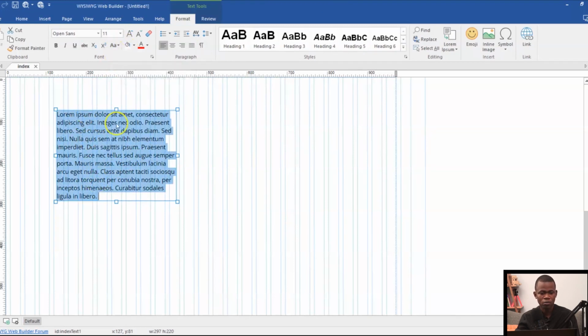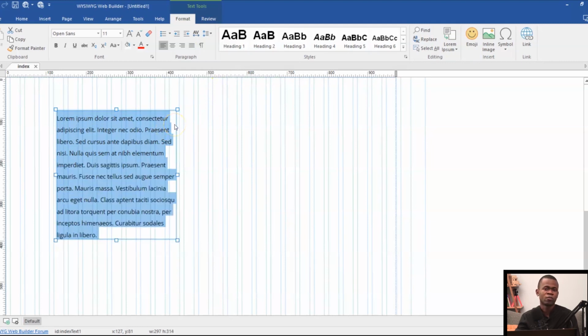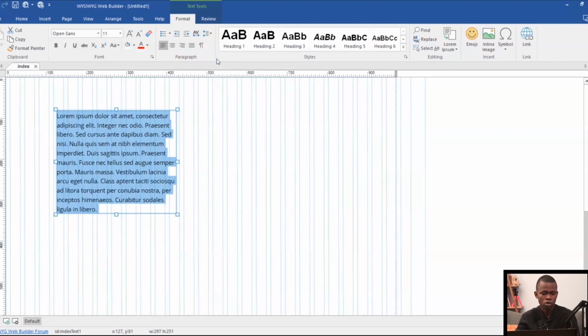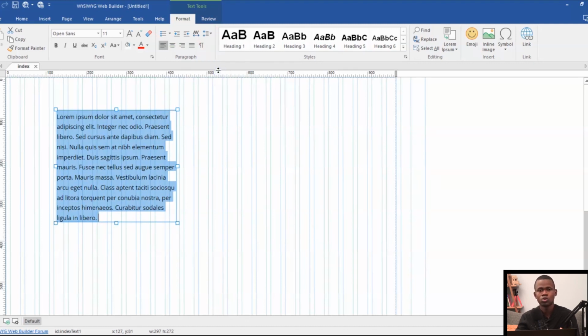Then I come to where I have the line spacing. This is where I have my line spacing. I click on it and then specify the line spacing I would want to use. So let's say 1.5. 1.5 is fine. You can go below 1.5, so let's say you can go 1.2, which gives you some extra spacing. But probably you might want to be working with around 1.4, 1.5, which gives you enough spacing around your text so that it becomes easily visible for people to read